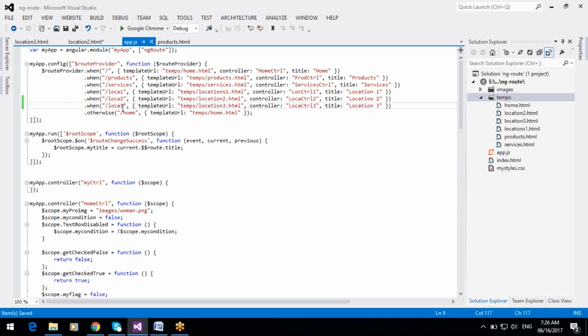And here in location 3 we can find the query strings, like state name.